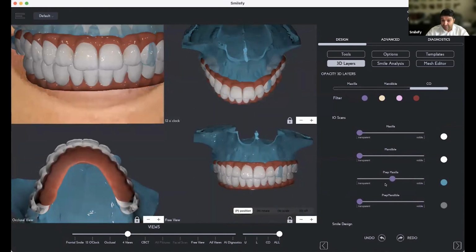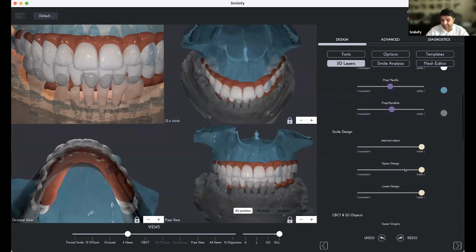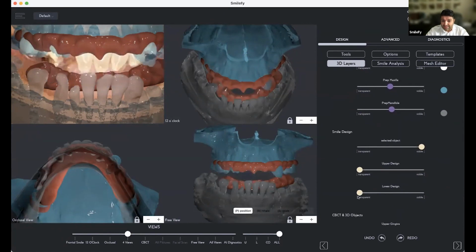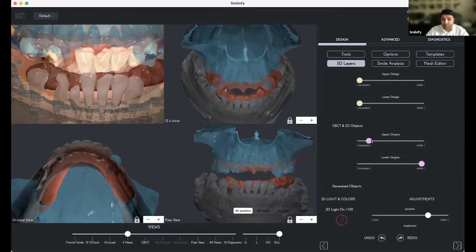When we do this, you're going to be able to have the CBCT mandibula and maxilla in the correct position as a centric occlusion, and then it's going to be much more accurate for the designing process.